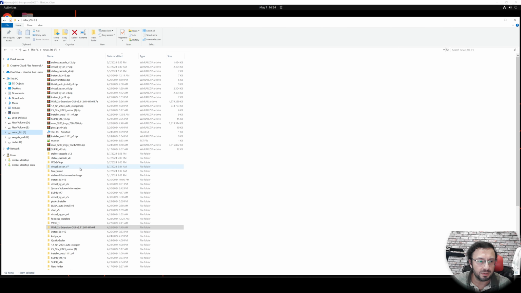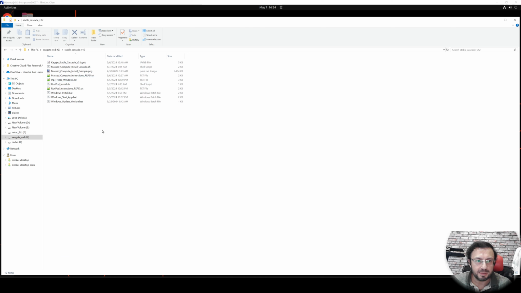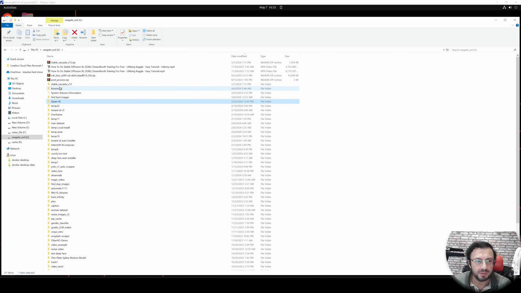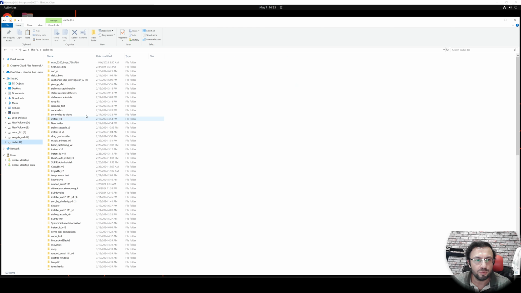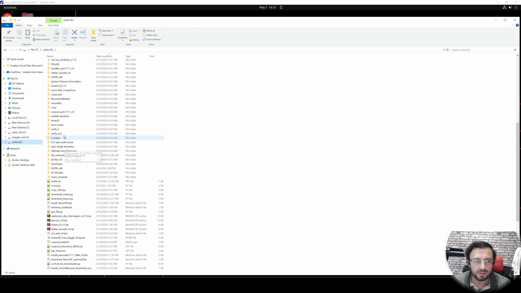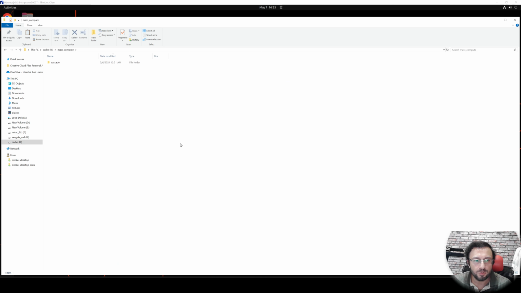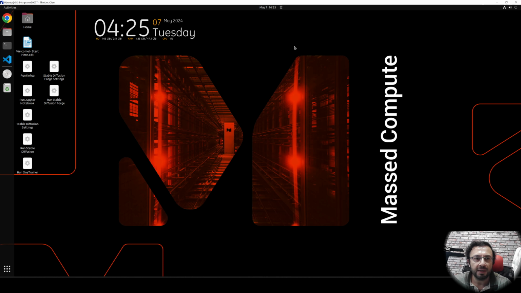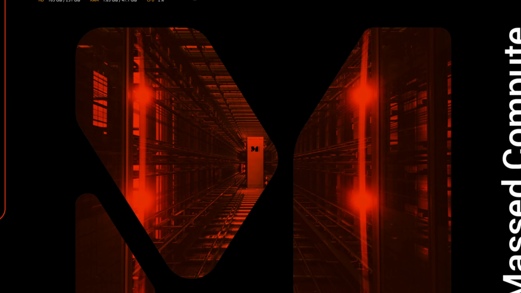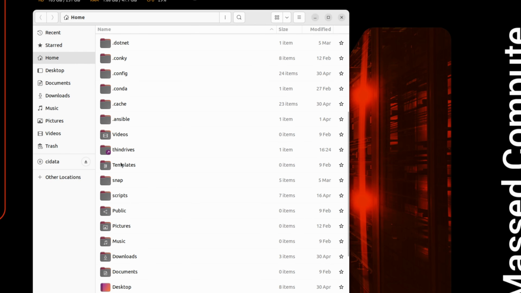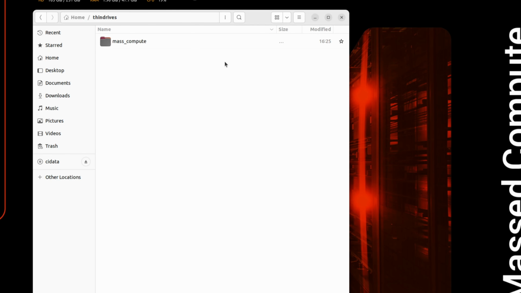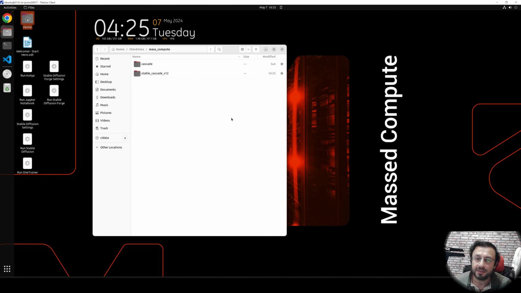So I will go to the downloaded files inside Stable Cascade. Here you see I will copy this folder, then I will go to my Massed Compute synchronization folder, which is here, paste it. After I do that, I will go to the home. From here, pay attention, in here you will see TinDrives. When you click, this is the folder on my computer that I am synchronizing. Enter inside it. Wait for files to be synchronized. Do not put very big files here, otherwise it will take forever to synchronize.